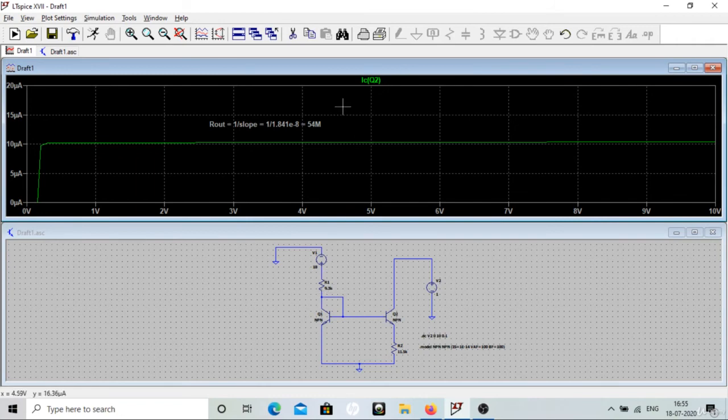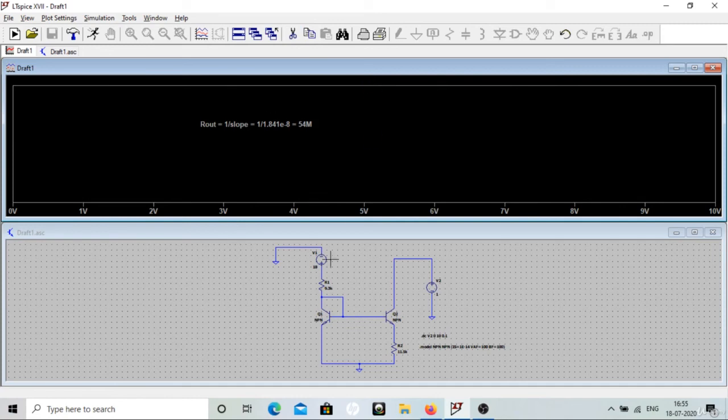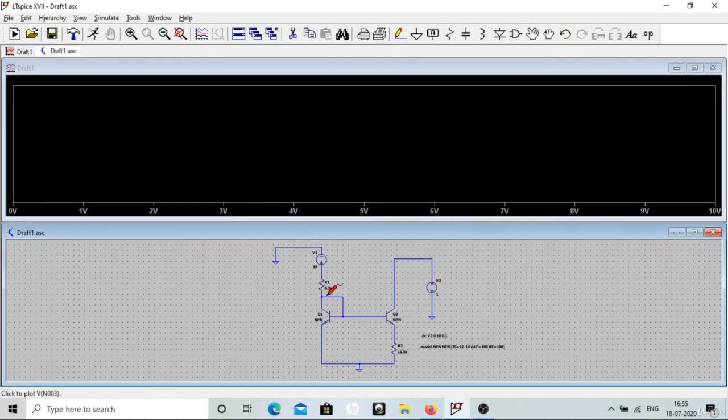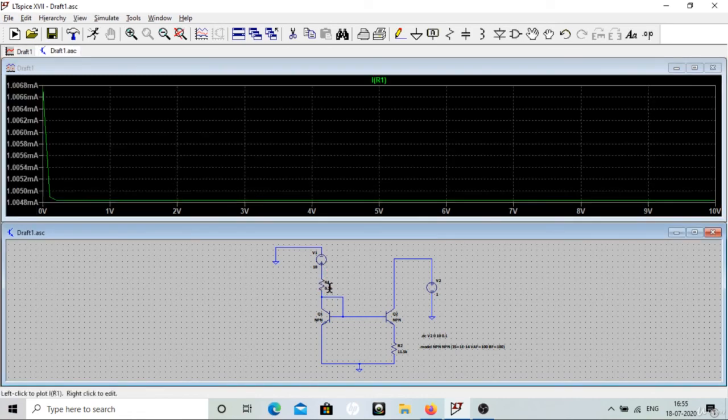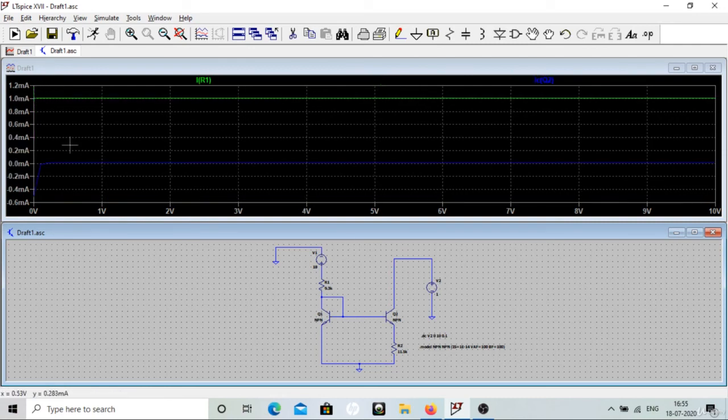If you want to see the current at this branch, let's cut here. You can see it is almost 1 milliampere, but here the current is around 10 microampere.